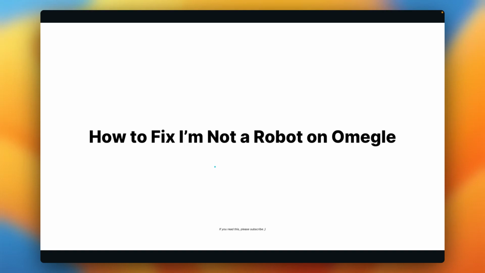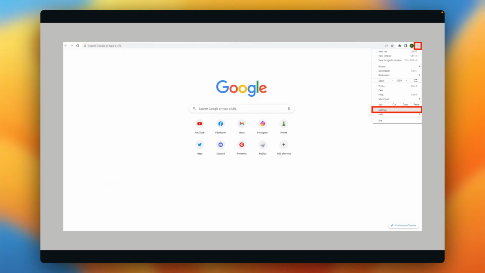Hey guys, in this video I'll show you how to fix the error "I'm not a robot" on Omegle. So what you need to do is go to Google, then tap on those three dots you see in the right upper corner of your screen. So this works for Google, but also for other browsers such as Bing or just every browser that you can